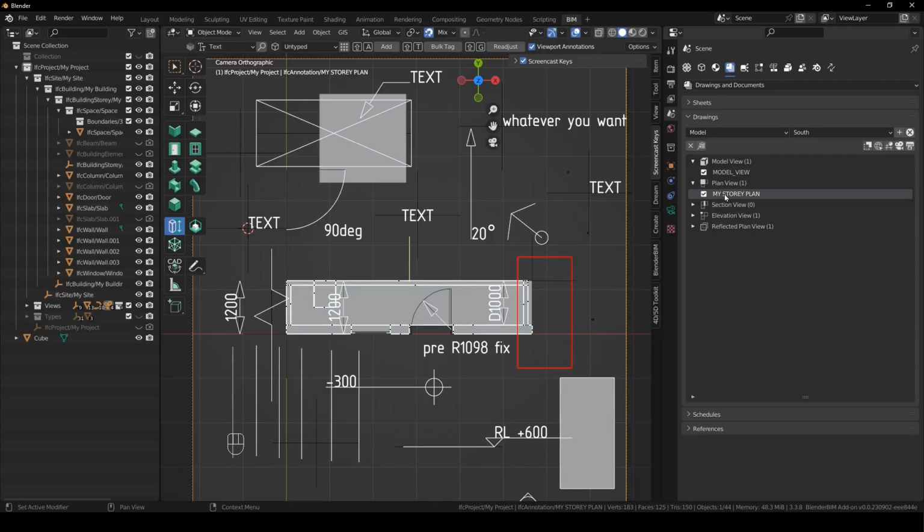Yes, so I've been showing it the whole time. Drawings are now broken into these categories: model view, plan view, section view, elevation, and reflected ceiling plan. It's very useful if you just want to use what is in the applicable area, and it automatically categorizes and